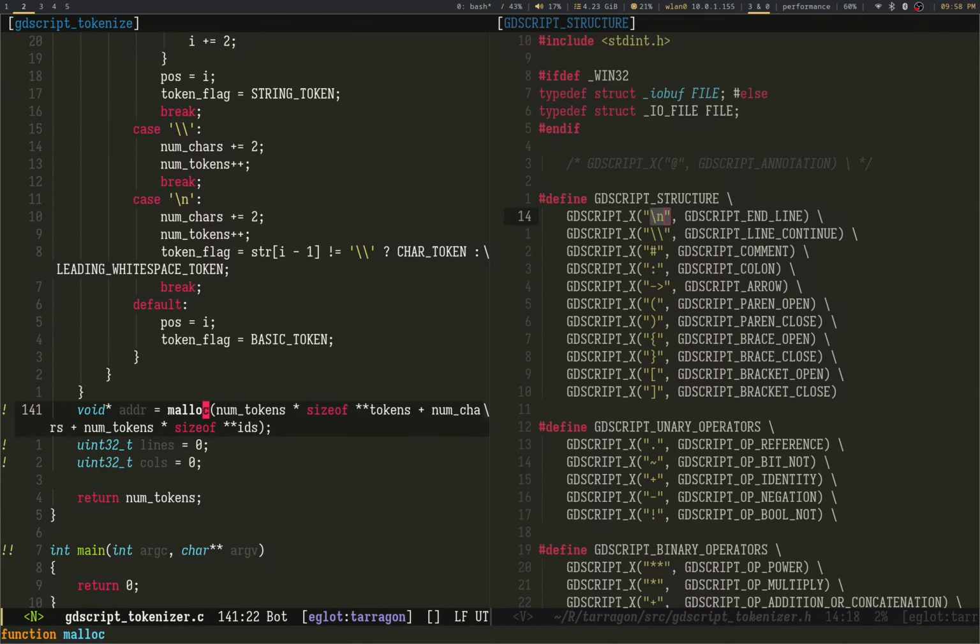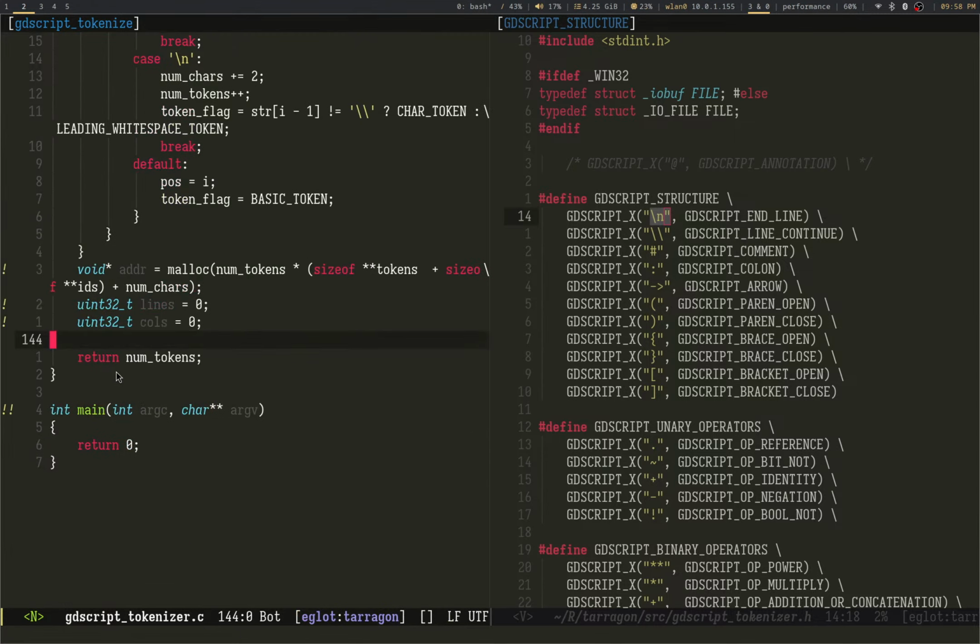So what's going on here? I'm just allocating a big slice of memory that I'm going to use for the rest of the function. So all of my tokens and IDs are all going to come from a single memory allocation. So it makes life a little easier. And yep, that's what I have to say about that.